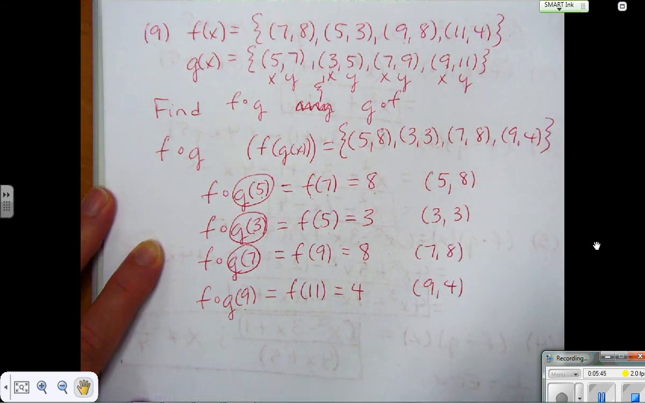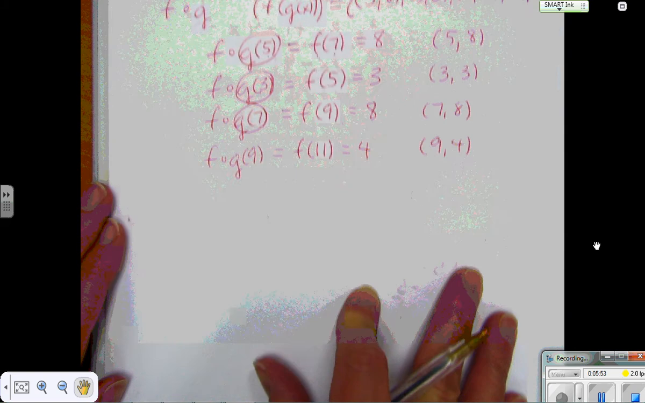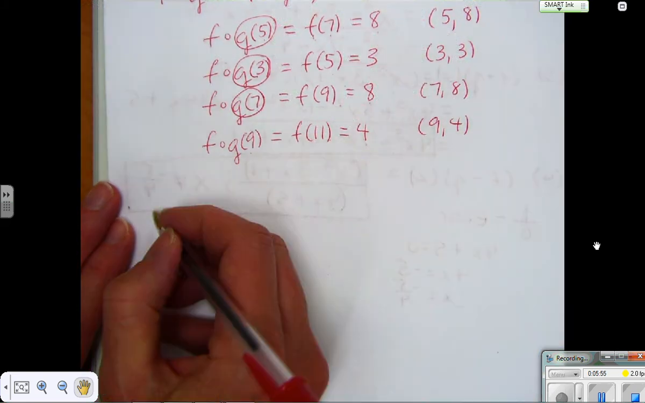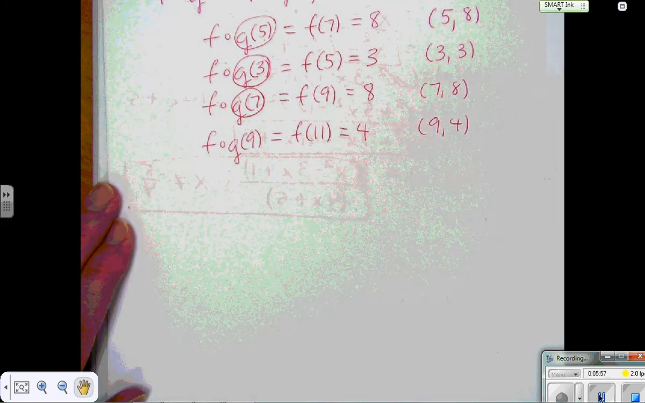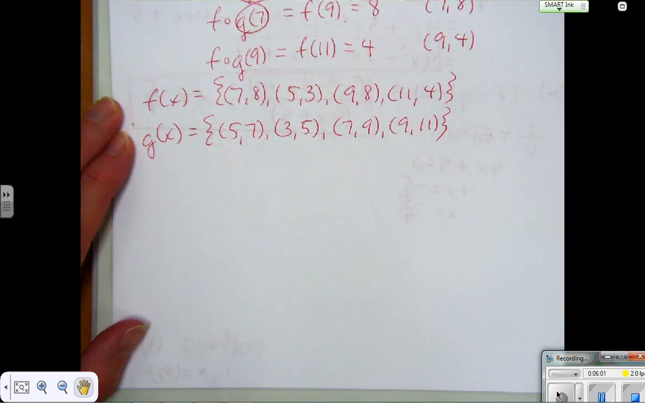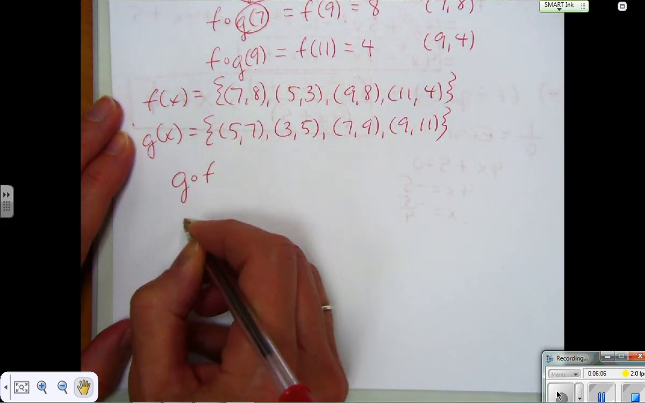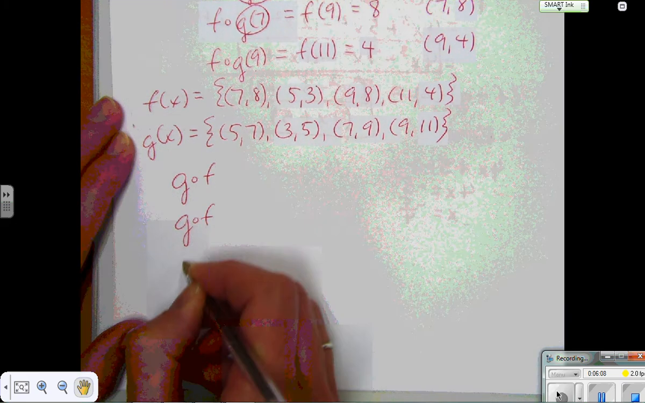And that's the end of it. So let's go on and try to find g of f, because sometimes it doesn't always work, and I want you to see what happens when it doesn't work. Okay, so I rewrote the f and the g function so we'd be able to see it, and this time we're finding g of f. So I'm going to write g of f 4 times,